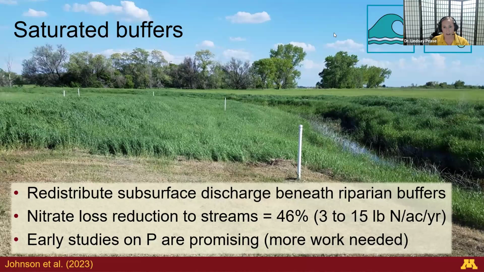And we see really positive effects on that. It works similar in load reduction as the control drainage system, but then you get a really big benefit of nitrate load reduction by pumping that water out and allowing it to flow through the soil. Early studies of phosphorus are promising, but we do need more information on this as this is a newer practice.